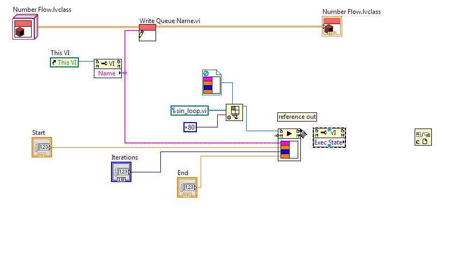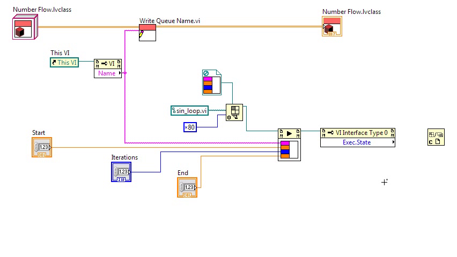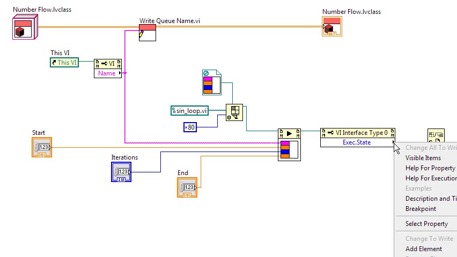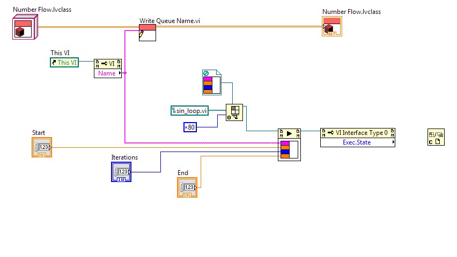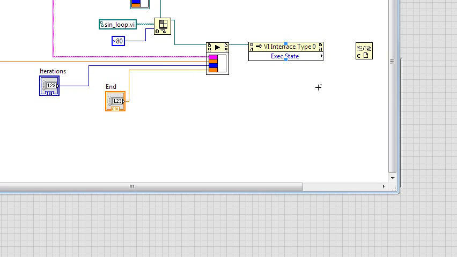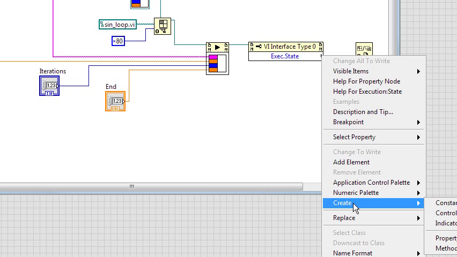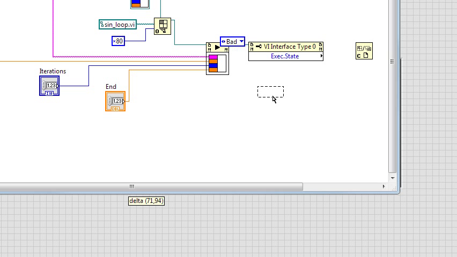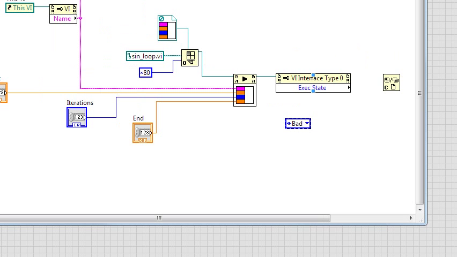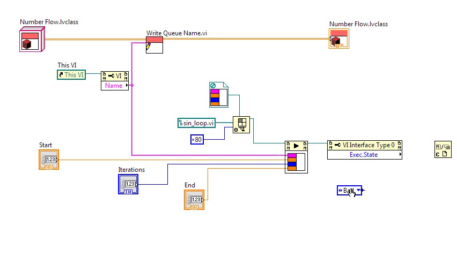By checking this one, I can make sure that the asynchronous sub VI is running before I leave this VI and return to the main VI. So I'll right click on the exec state connector, and here I'm going to choose running,